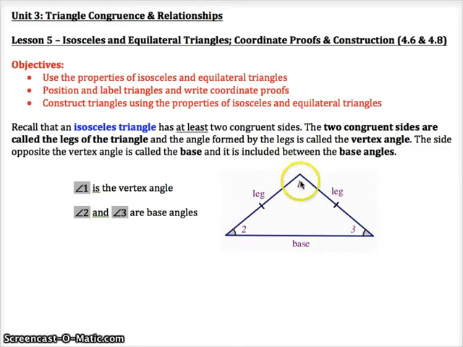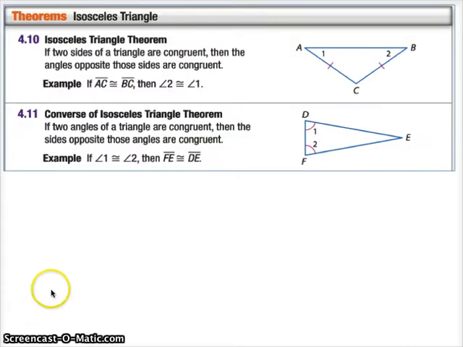This angle up here, the unusual angle, we call the vertex angle. It's opposite the base. And then the two angles down there we call the base angles. This is all important because we got theorems about it, and the theorems refer to certain angles and certain sides. So first of all, the two sides that are congruent, the sides opposite the angles, so the ones that are connected to those, not the vertex, but the other two,